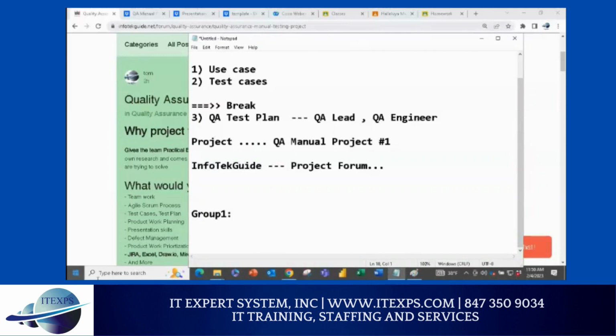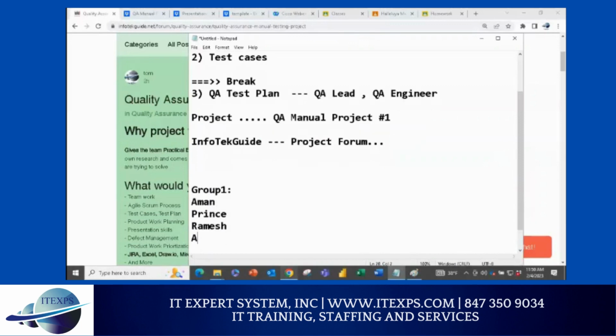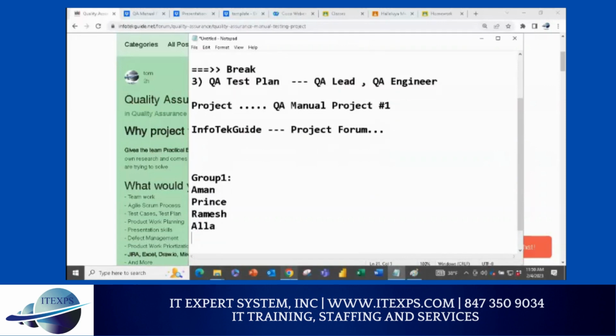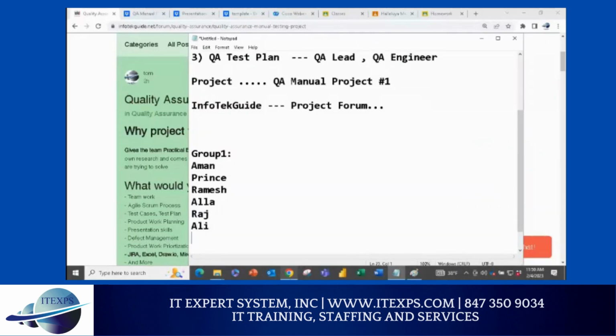So we'll start with here. We'll say group one. So group one will start. We'll start with Aman, right? Those people who are in person. So we can say Prince, right? Who are in person. So we'll start with here, Ramesh, right? And Ella, I'll put you in this group. We'll create 5 to 7 members, so that will be easier. Raj, I'll put you in this group. And Ali, you will be part of this group. So now I think we have 3 plus Excel,